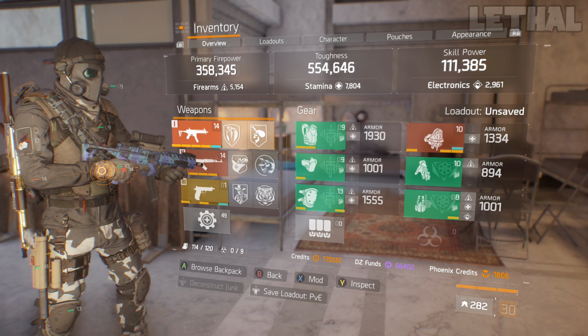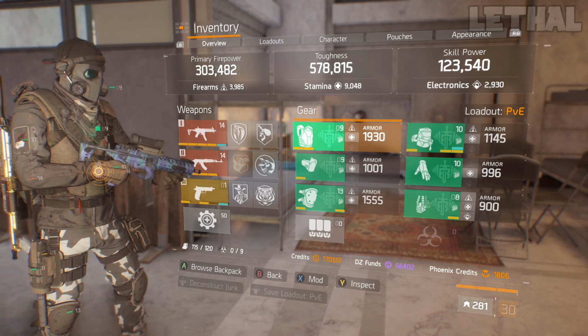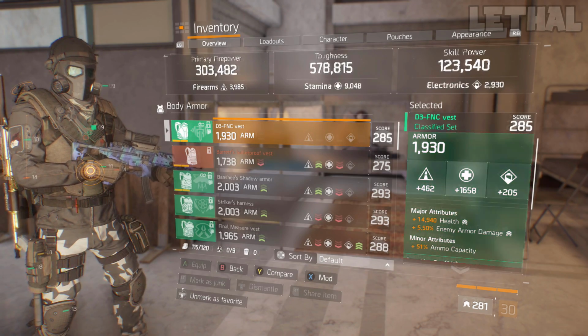So again, if you don't have 6-piece classifieds of defense, you can make those and try them out and see how you like them. But anyways, moving on back to the regular gear. So the first thing I do want to show you guys is my chest piece. So what I have on it is